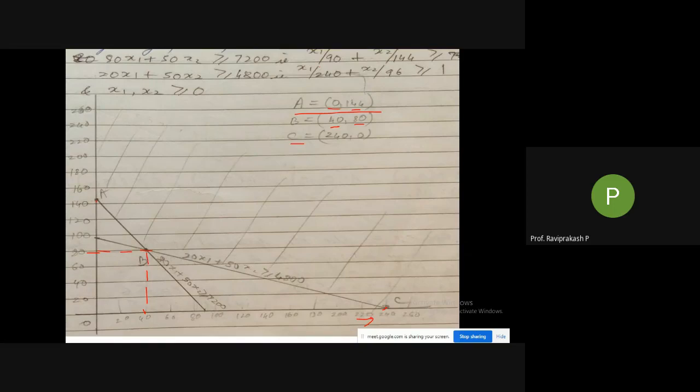It depends on, again, I told you 2 to 3 problems are asked, and only one graph sheet is provided in the answer booklet. So we need to divide it into two parts. We can solve two sums in one graph sheet. The top half we can solve one, the bottom half we can solve one. So based on the availability of size, or the availability of boxes, we need to take the scale accordingly.